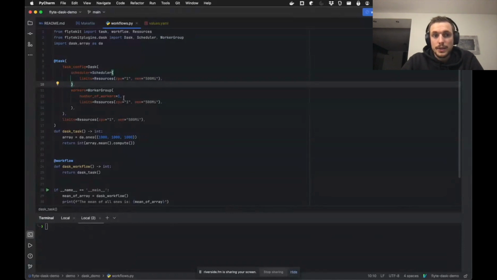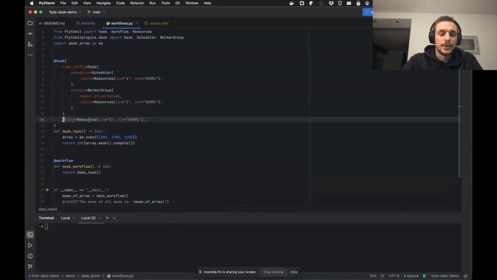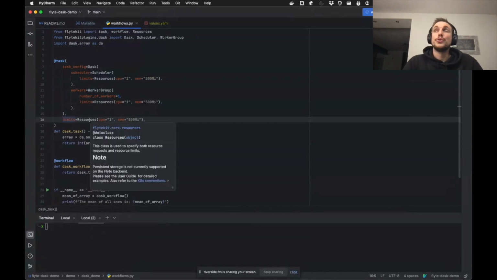Explicitly for the scheduler and the workers, you can specify how many workers you want. And all the things that are outside of this task config will apply to the job runner. So think of the job runner as your regular pod task that you usually have in Flyte. It's just the client, and all the config that you apply outside of the task config will just apply to